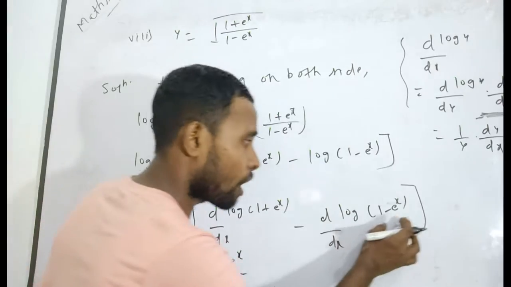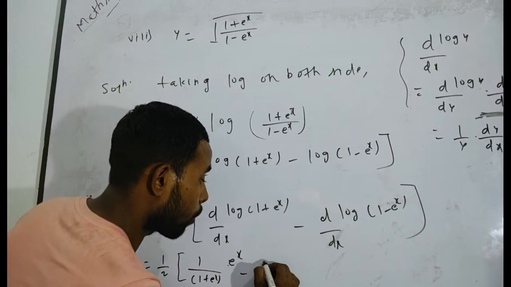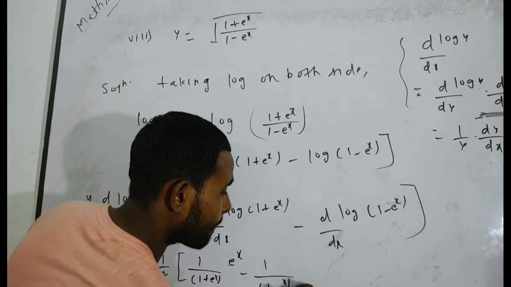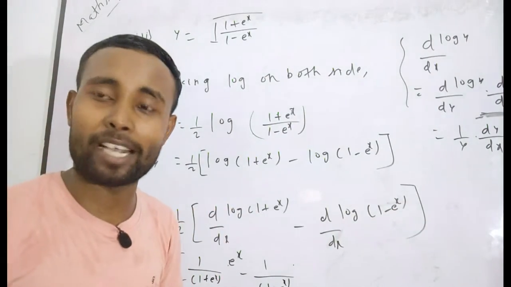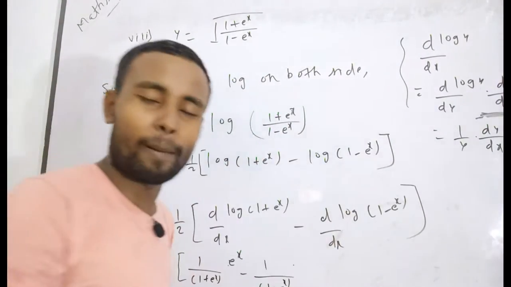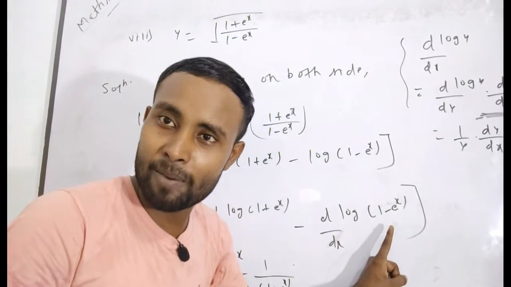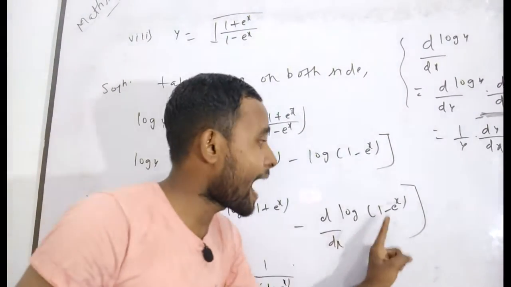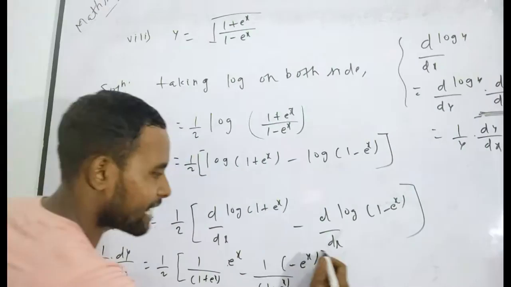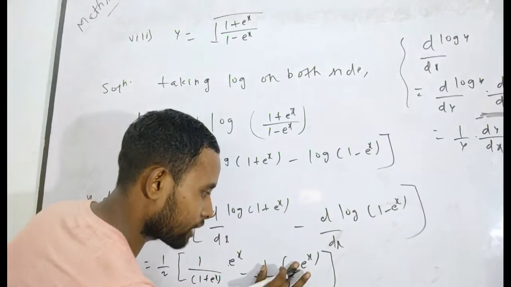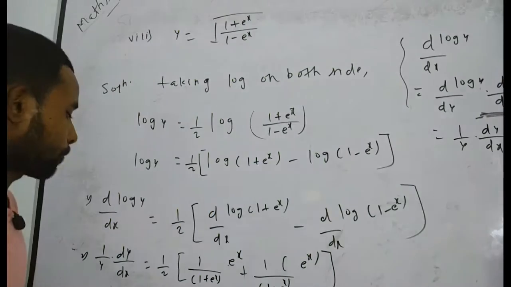Again, the derivative of log(1 minus e to the power x) with respect to, firstly, 1 minus e to the power x, that will give you 1 upon 1 minus e to the power x into, again you have to differentiate 1 minus e to the power x with respect to x. In that case you will get what? Derivative of 1 will be 0 and derivative of minus e to the power x will definitely be minus e to the power x. As you know, this minus and this minus will be plus, so that's why I want to write here directly plus. Now there is a simple step again you have to write here.